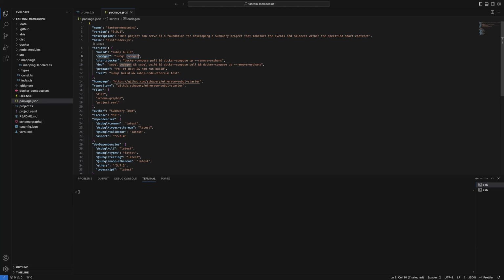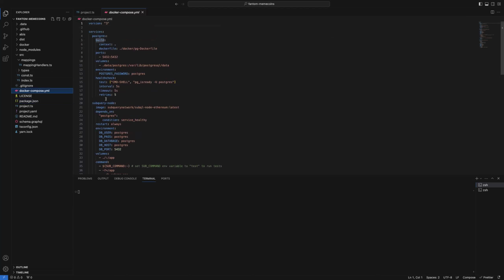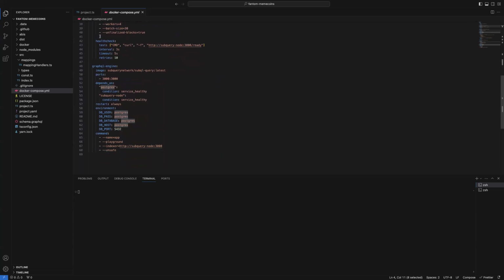Then from those generated files, you will have to build the project. And in our case, then you'll be deploying it locally with Docker. You'll be deploying 3 components, which are the indexer itself, a Postgres database that will be storing all fetched data, and a GraphQL engine and interface to query this data.